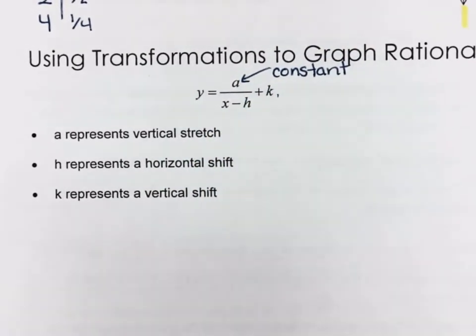Okay, that A value is a constant, and it represents your vertical stretch. It always means vertical stretch. Well, yes, and amplitude, but really amplitude is a vertical stretch. H is your horizontal shift, and K is your vertical shift. And these are all based off of